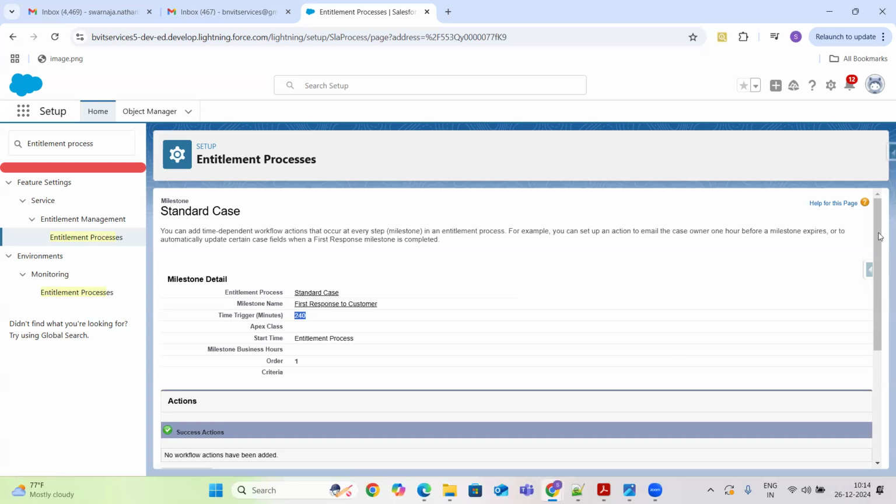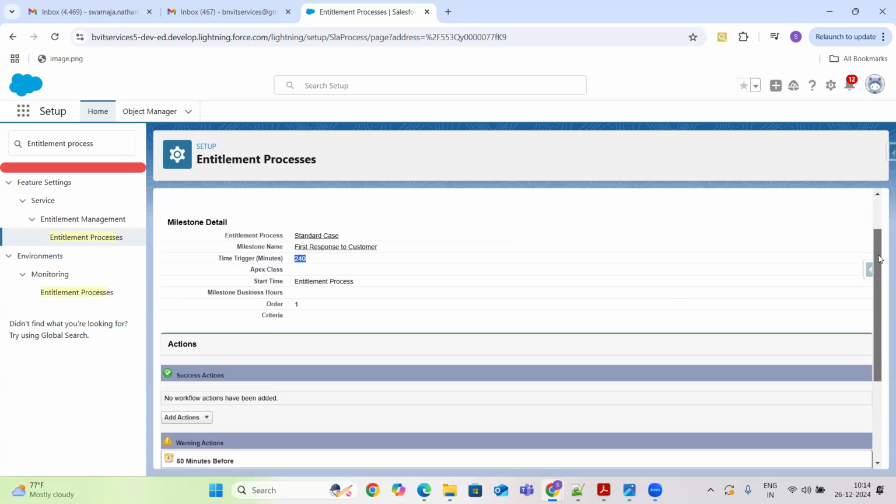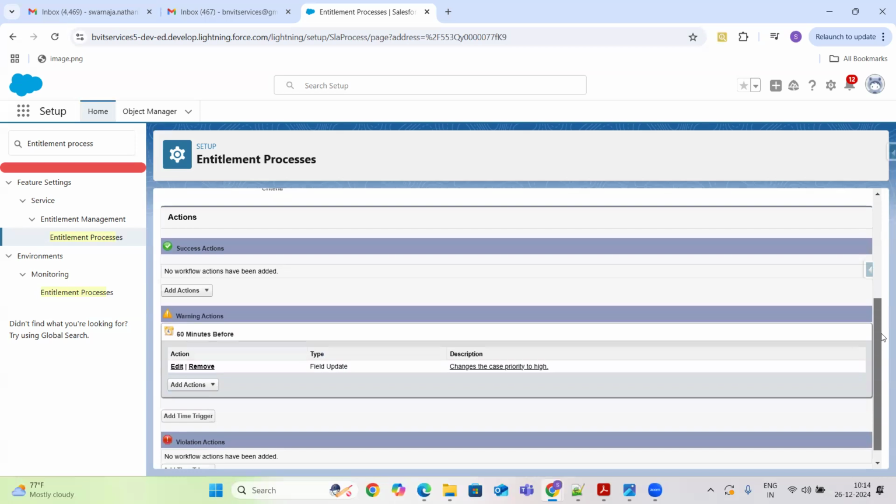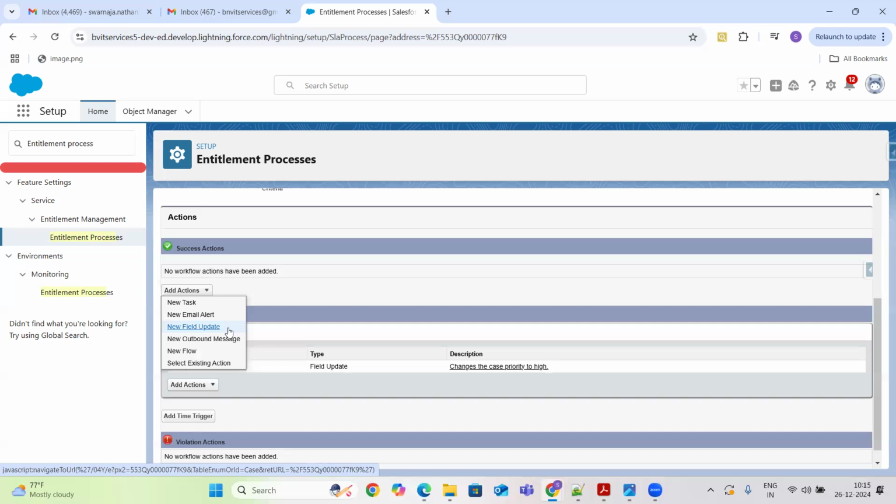On the bottom, actions. 3 actions, like success actions. That means within 240, if we send the response back, then we can just add actions. Like we can send email alerts and we can update some other table fields.